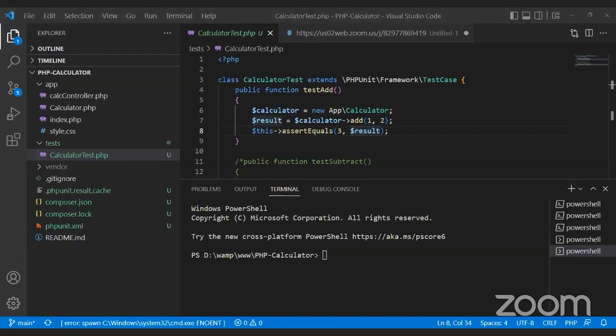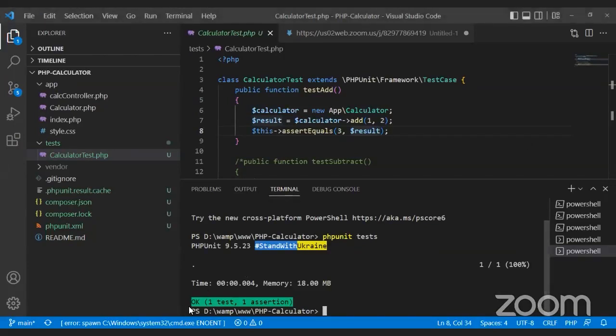For running PHPUnit, there are some ways to run it. Either you can run PHPUnit using the file name or using the directory, or if you installed PHPUnit globally, then you can directly run the phpunit command, and it will run these test cases. I want to run this test case using my directory, so I'm running phpunit and then my directory name, which is test. And if I run this command,